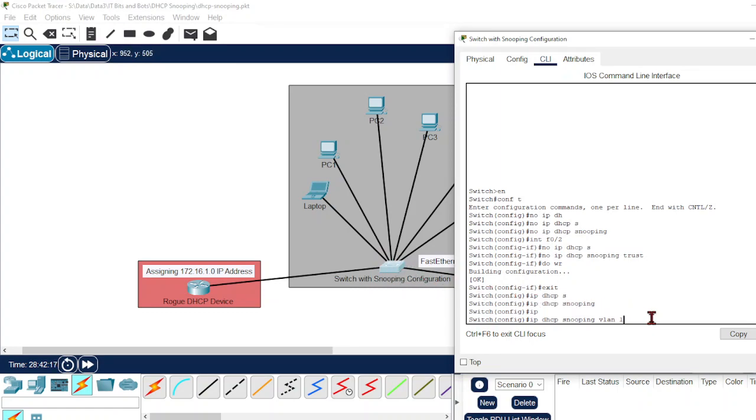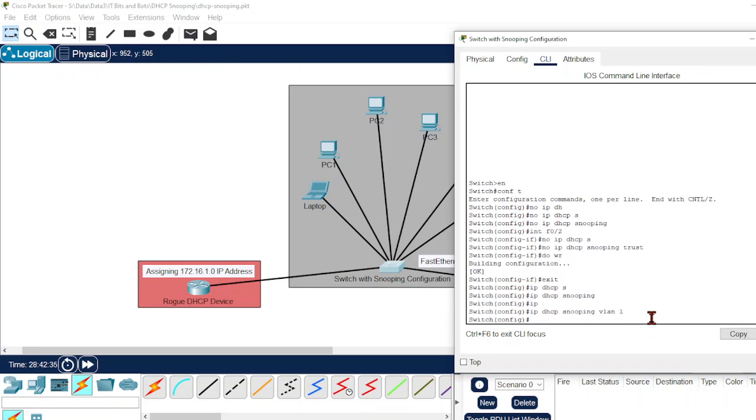So by default every port is in VLAN 1. In future, if we add more VLANs, we can always reconfigure and tell the switch that there are more VLANs there. So let's do this. And now the third step will be the